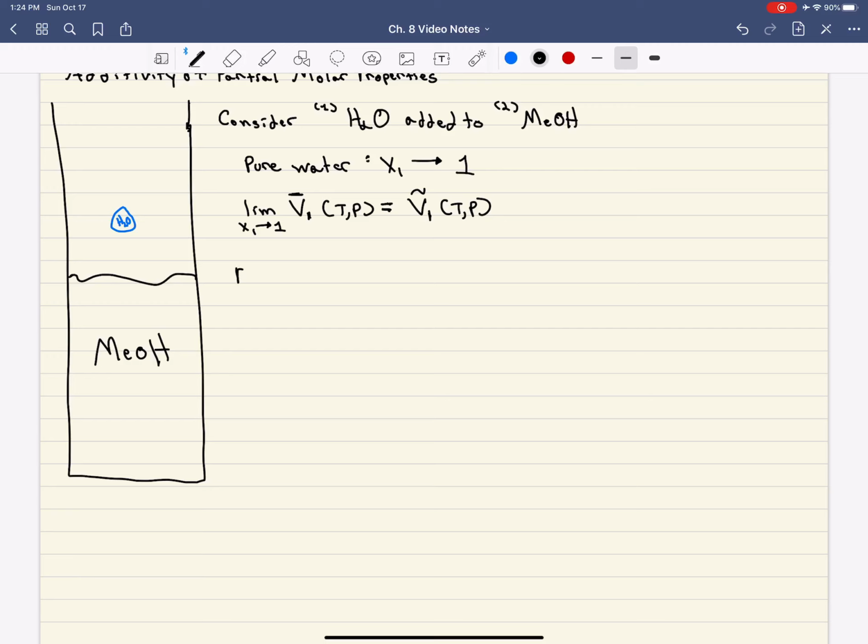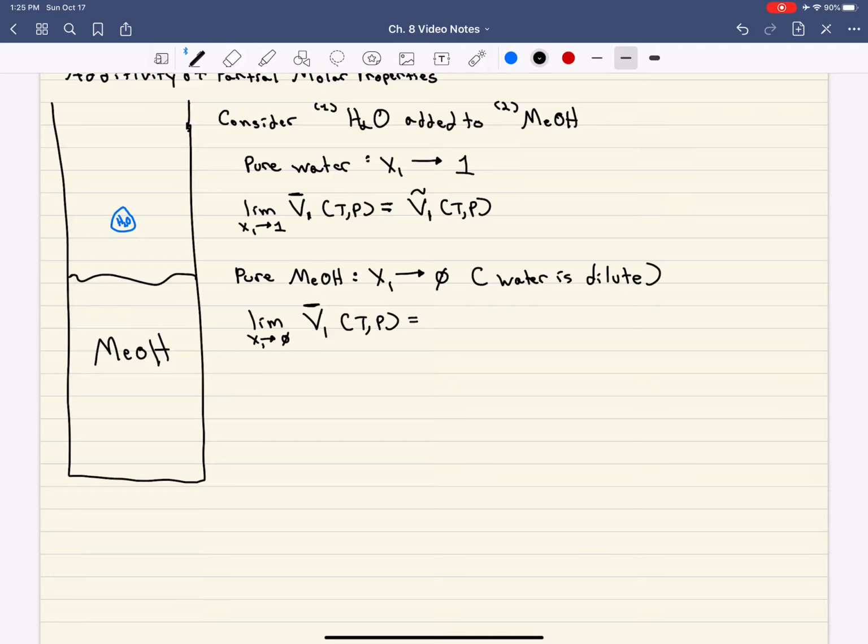But now let's look at the other extreme. So if we're dealing with pure methanol, what that would mean is that x1 is very close to 0. And so we refer to this as the case where water is dilute. So dilute means that there's not a lot of some chemical species 1 in the entire mixture. Okay? All right, and so in the dilute case, where x1 is basically equal to 0, for a partial molar volume at some temperature and pressure,